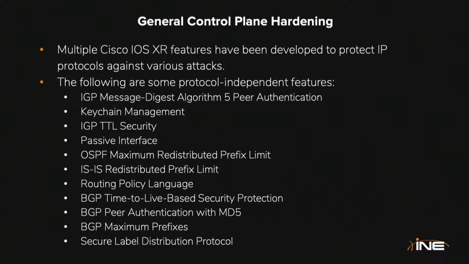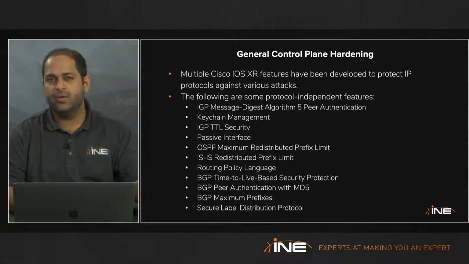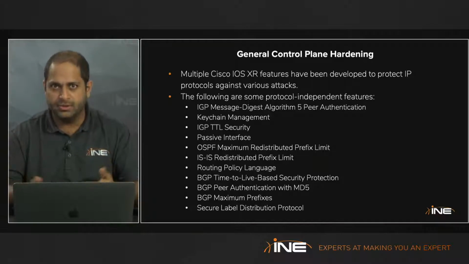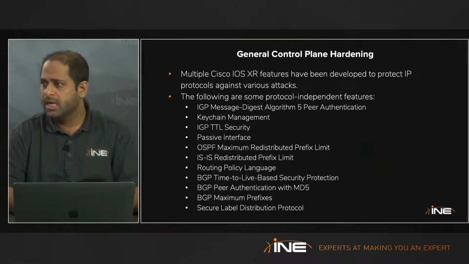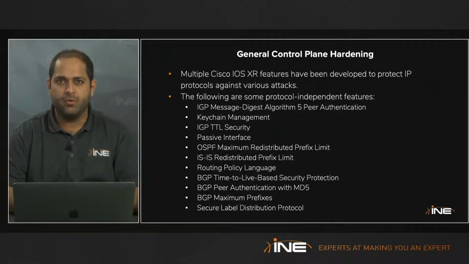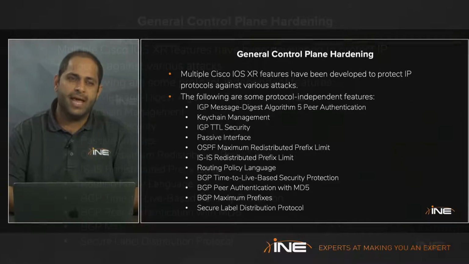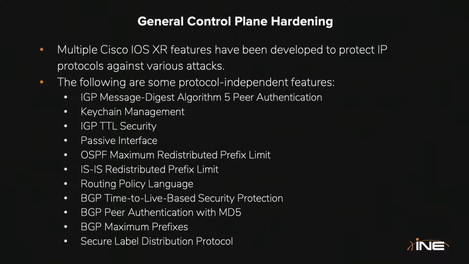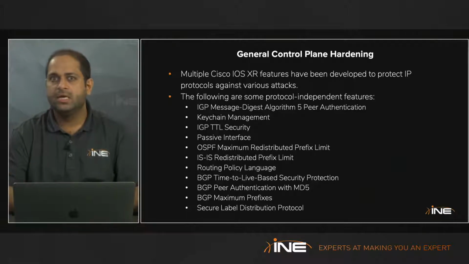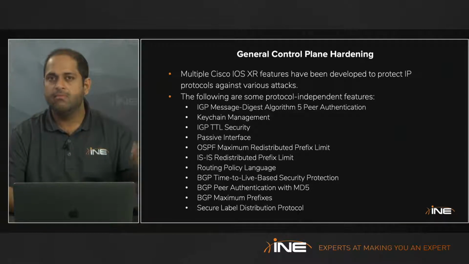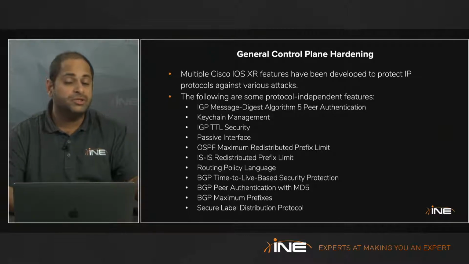So you should have at least some kind of authentication between the neighbors, because you don't want any rogue router sending you an update and modifying your routing table. So you should have IGP-based authentication to establish adjacency. The next way to protect your control plane would be keychain management. I could define a predefined password between you and me, which is less secure. Using a keychain is better because you can configure keychain rotation, where you change your passwords at certain intervals. You should have multiple keys defined, and maybe every week or every month change your passwords